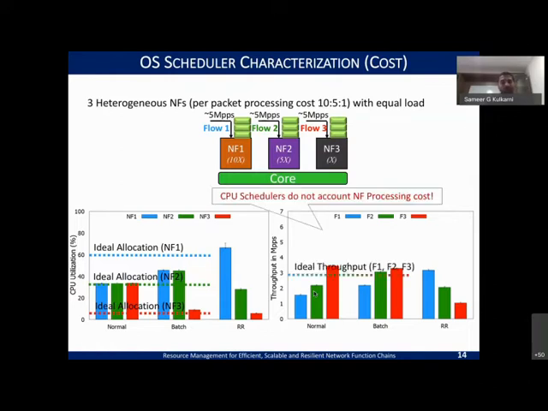So what that means is these CPU schedulers, regardless of whether you take normal, batch, or round robin, do not account for the processing cost overheads, like how much CPU the NFs really need to execute and process a packet. They don't have any visibility of these metrics.